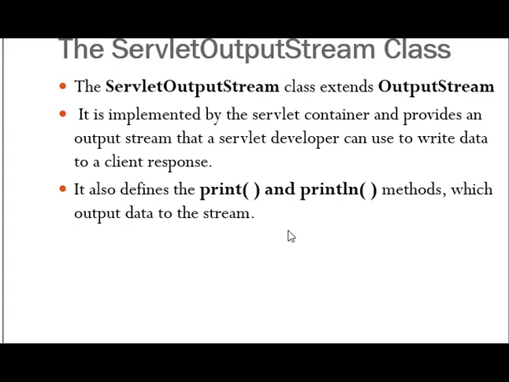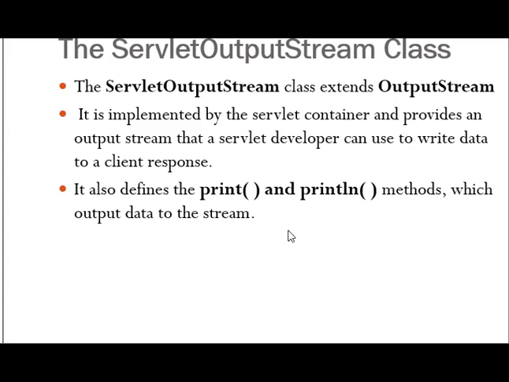Similarly, the ServletOutputStream class is present. This is for outputting the data from the servlet. Again, this extends from the OutputStream class. It is implemented by the servlet container and provides an output stream so that the programmer can write the data into the response.